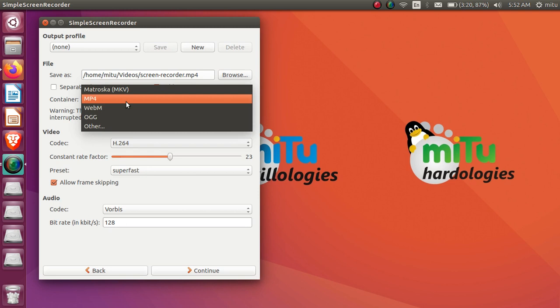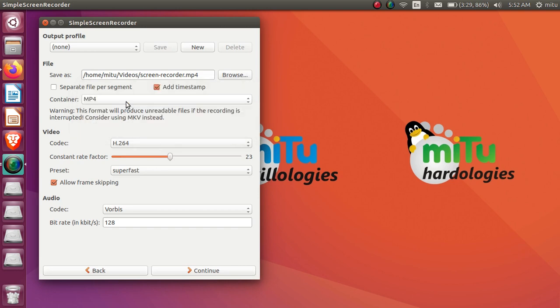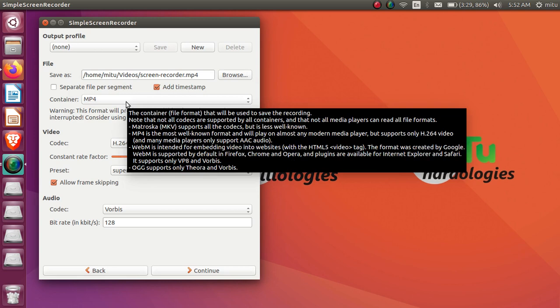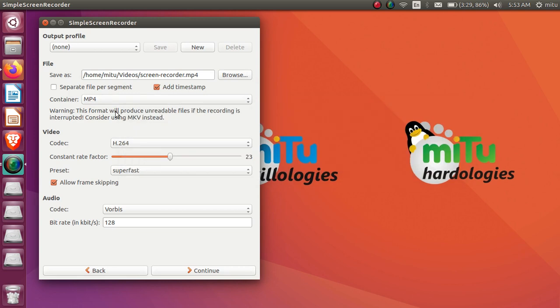Even the OGG format is also available. That can also be chosen to save your file. So I'll be using the mp4 format. One advantage that mp4 has is that all kinds of mp4 files can be easily played on your mobile also. Maybe the codecs are not available on the mobile, so an mkv file can't be opened in many cases. I'm not talking about all possible mobiles, but mp4 is a common format. That's why mp4 is supported on mobile, in all current flavors of Android, and in all operating systems like Windows and Linux. That's why we need to make sure that the perfect file format is available, and you have to use that one.